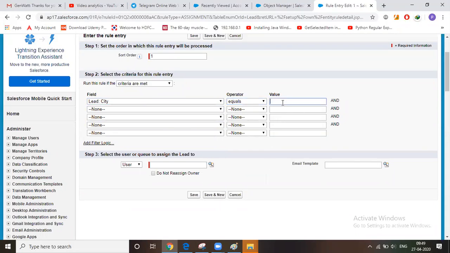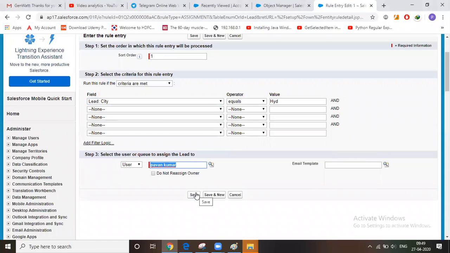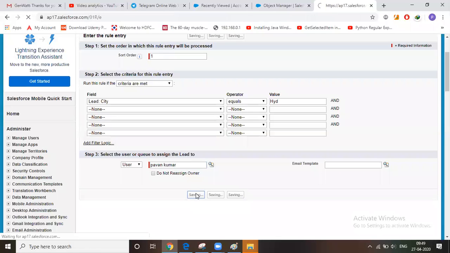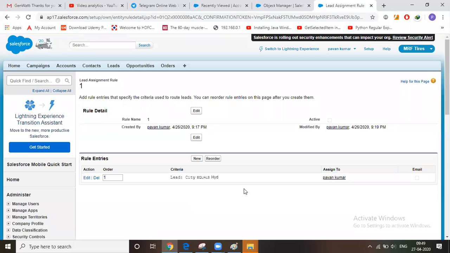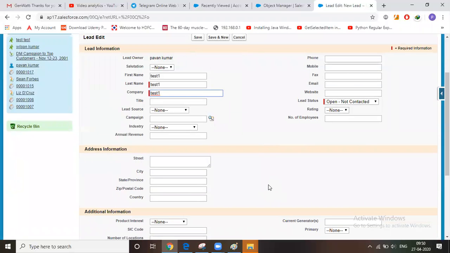Equals to, select the user, save. Leads, new lead, city.